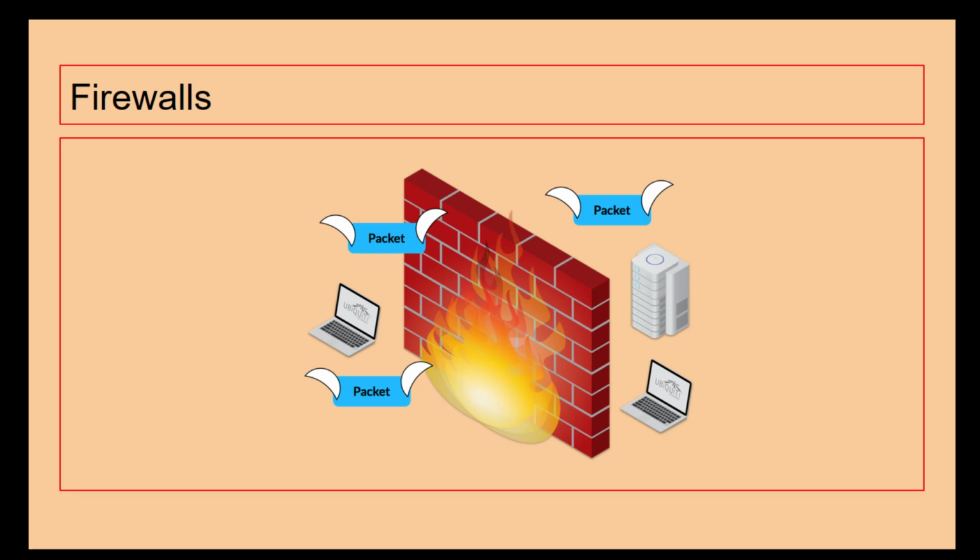So, firewalls are handy at stopping data from entering a network in the first place. We can see here we have got this lovely wall of fire, and it is preventing packets from coming in and going out, to make sure they can remain as secure as possible. When data is coming into a network, it scans the packets, looks at what is in the contents of the packets, and if it is safe, it's reliable, if it's fine, it lets it into the network. If not, it prevents it coming in in the first place. So a firewall is a bouncer for a network to stop the bad data